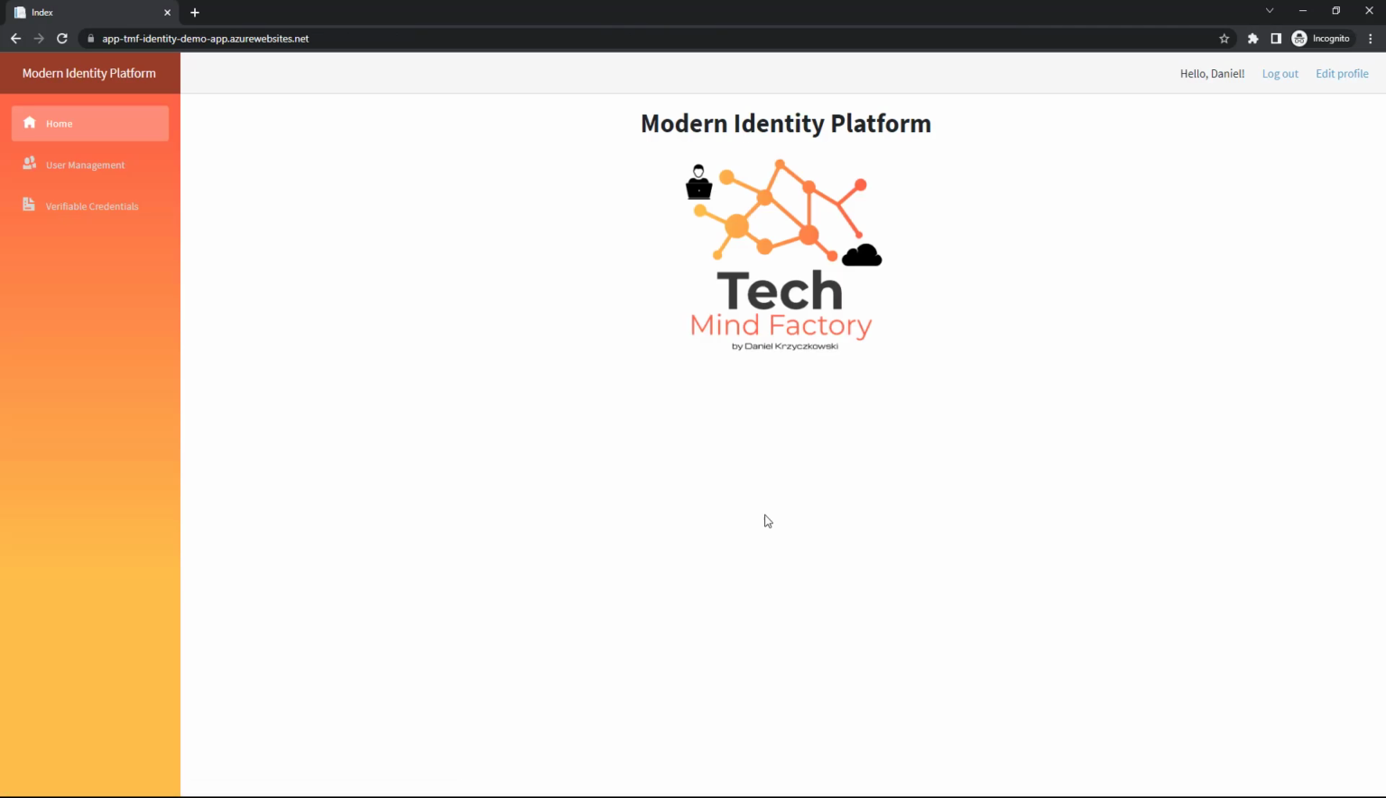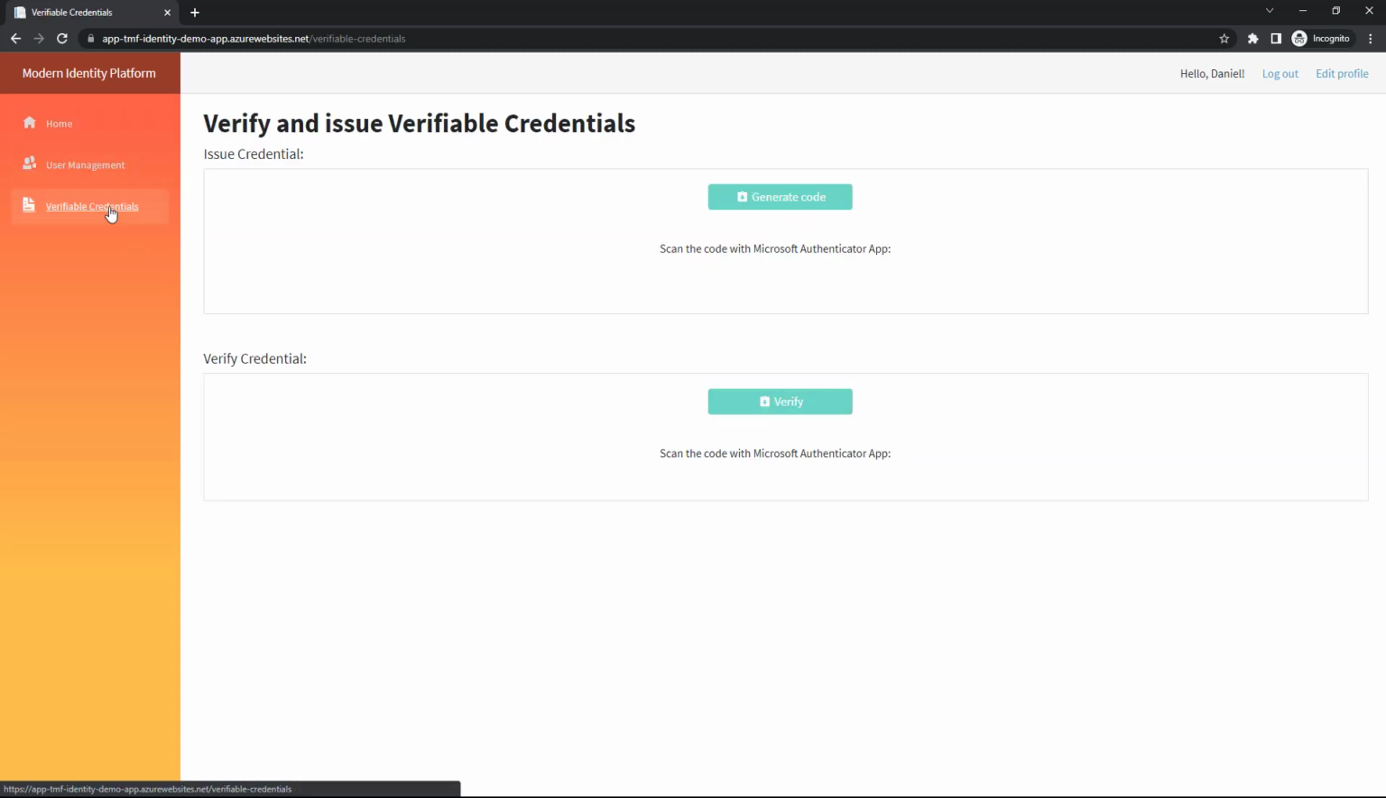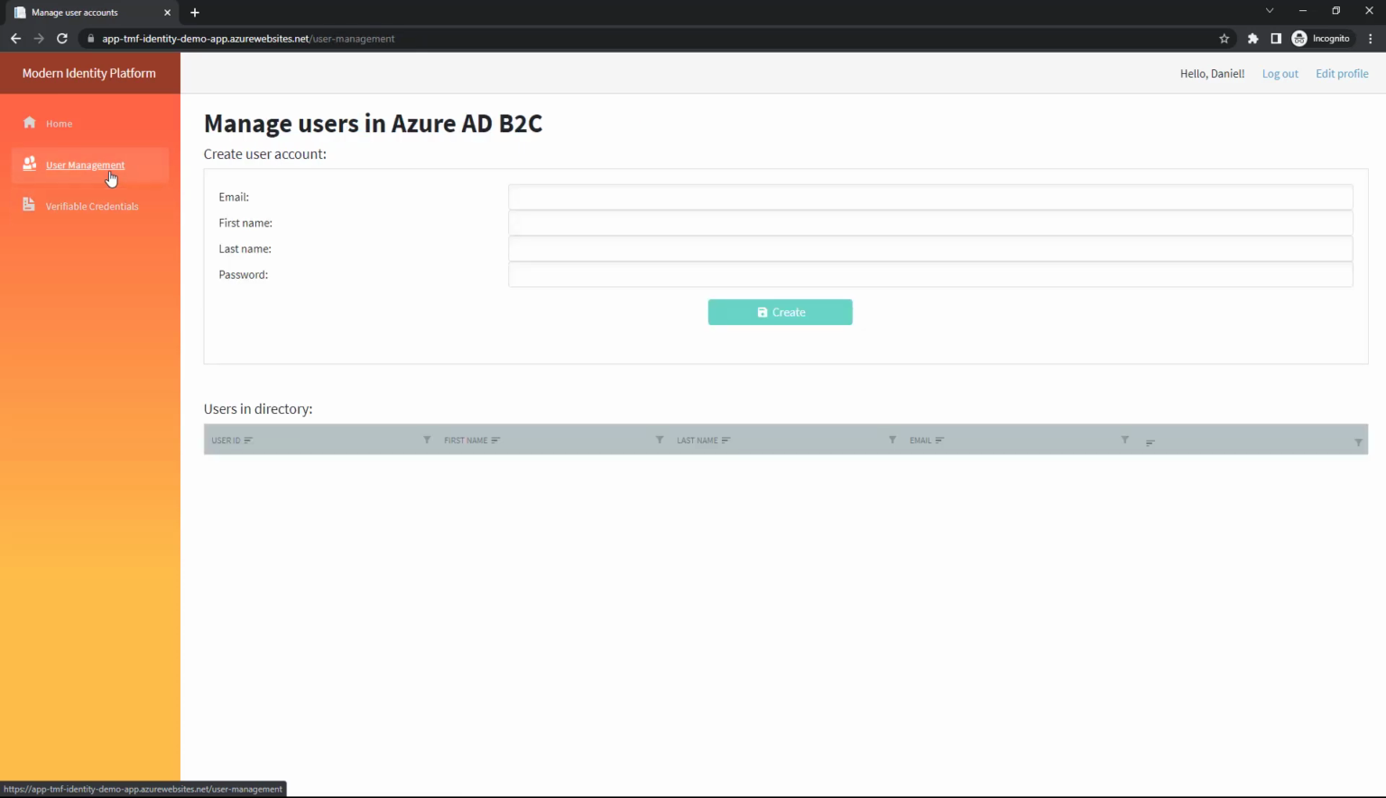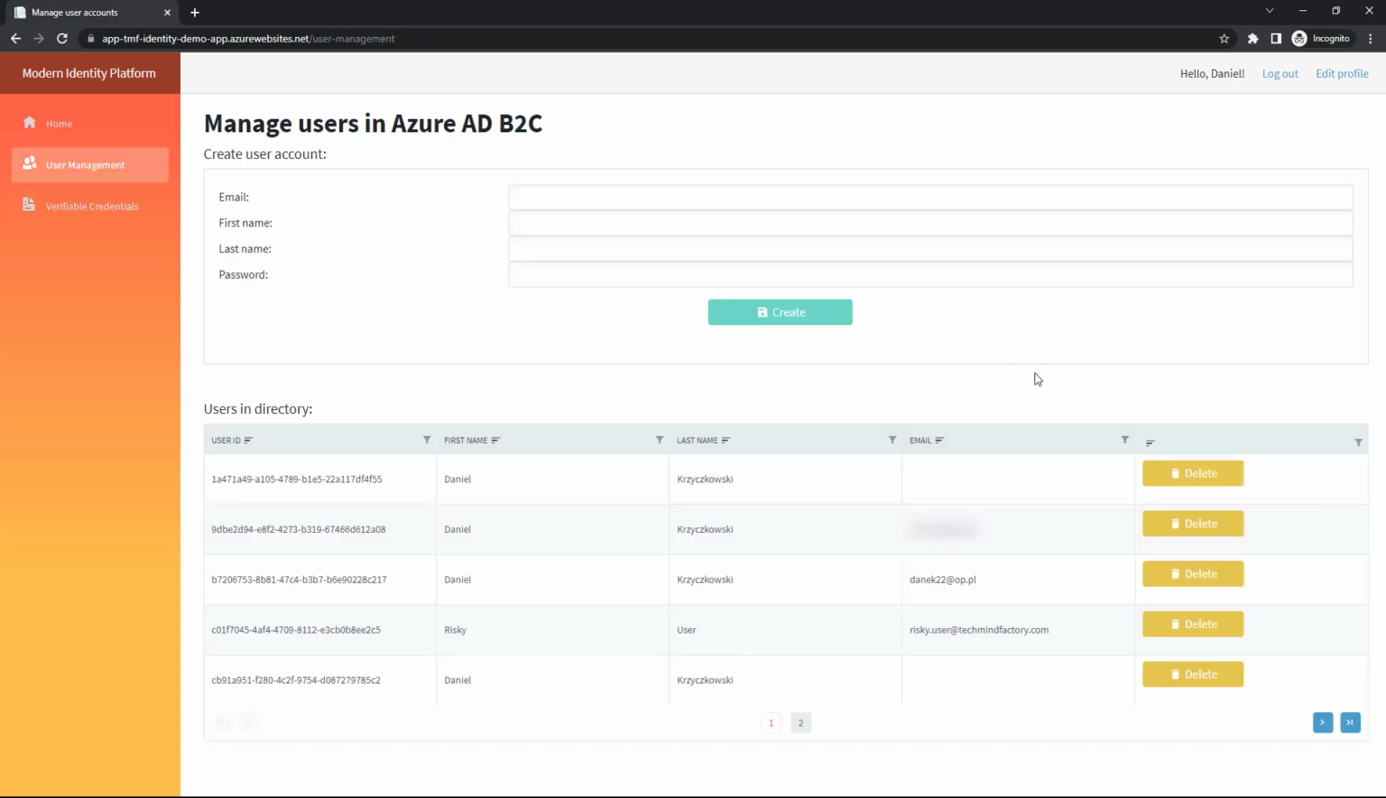Perfect. So right now, I can access those functionalities in my application. For instance, I can access this Verifiable Credentials tab. So right now I'm authenticated and I have full access to my product, my application. So let me open the User Management tab. This is the place from which I can create user accounts in the Azure Active Directory B2C. And also this is the place where I can list all the users registered in the Azure Active Directory B2C